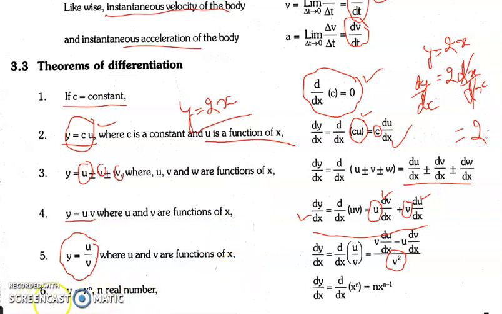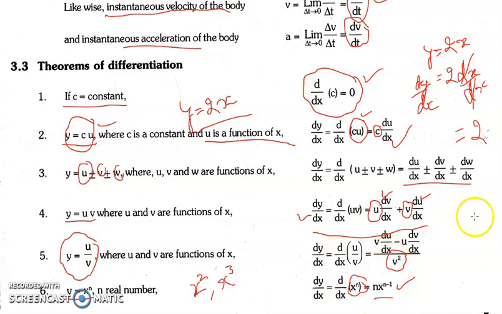And the last one for today will be y is equal to x raised to the power n, of course, and n could be anything. Let's say x square or x cube or x power 4, somewhat like this. So these are the ways in which we'll be applying this theorem, and d by dx of x raised to the power n is equal to n x raised to the power n minus 1.